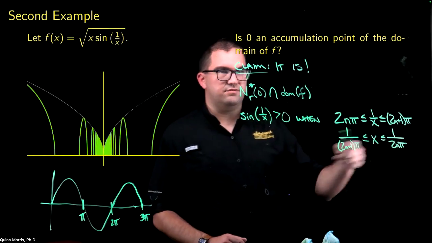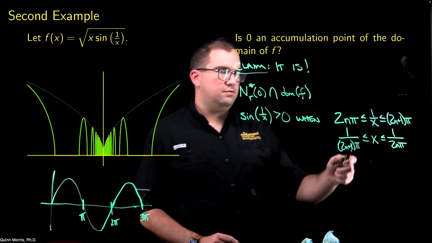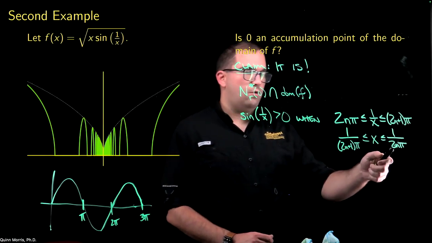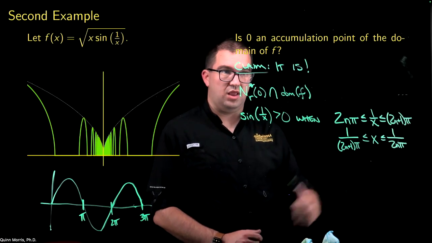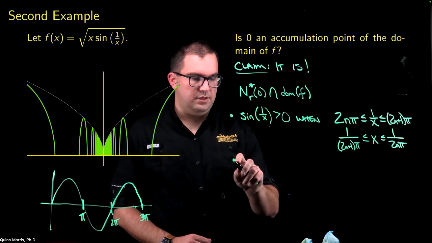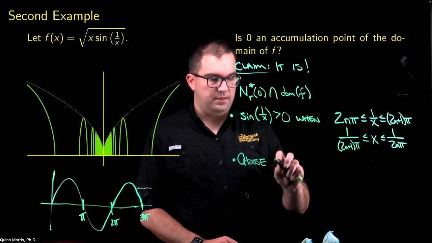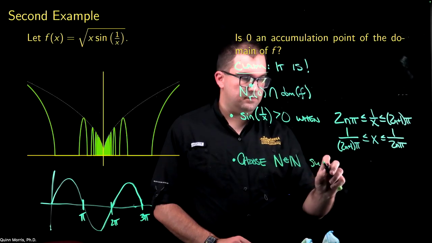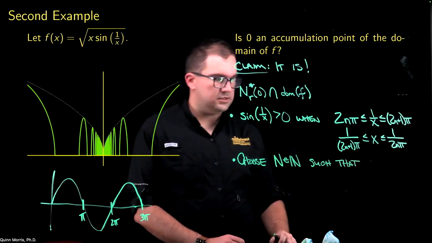Okay. And notice that because of the way I've done this, if I'm only thinking about n being natural numbers, then x will also be positive. I can also, however, choose a capital N so that this is as small as I would like, right? So this is sort of a fact. The other fact is that I can choose a capital N in the set of natural numbers such that